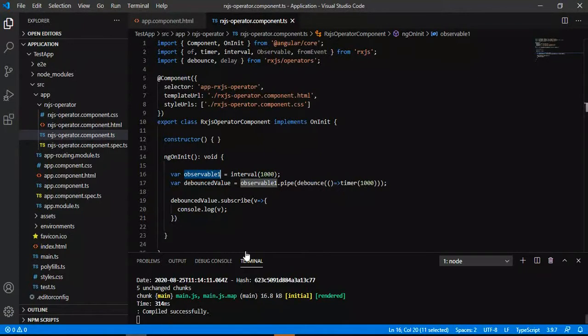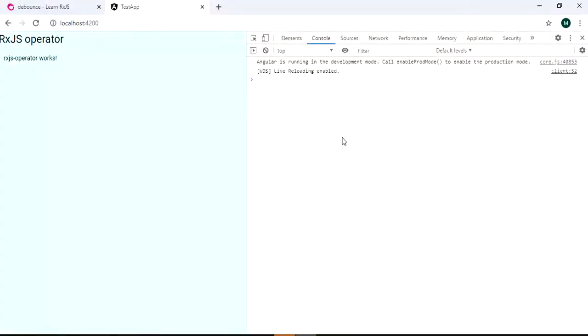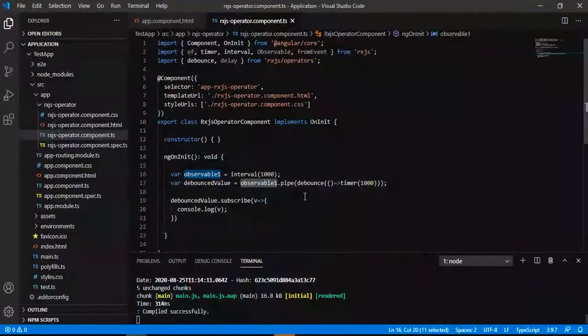So every time it gets a new value, it keeps on checking whether it is the final value, but it never happens. Every time it goes into a debounce span of 1 second, it immediately gets a new value from the source. So in this way, we will never be able to give the final value to the subscriber. So the values that are emitted are getting ignored.